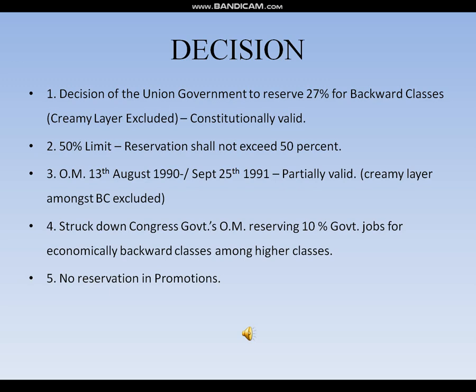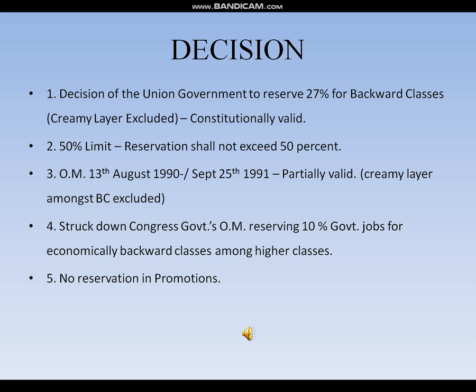Again, reference to the same case was made, and it was held that yes, she belongs to the creamy layer category, so she is not entitled to claim the backward classes reservation category. So you can look that up as well if you want to relate it to the state cases. Next,